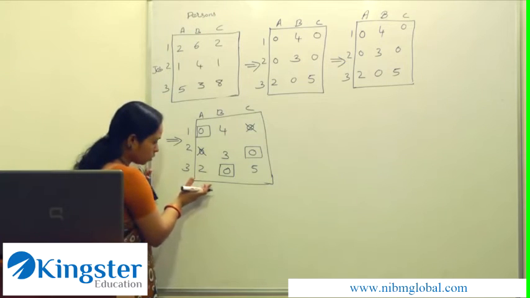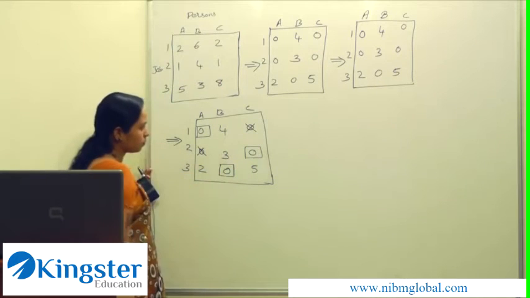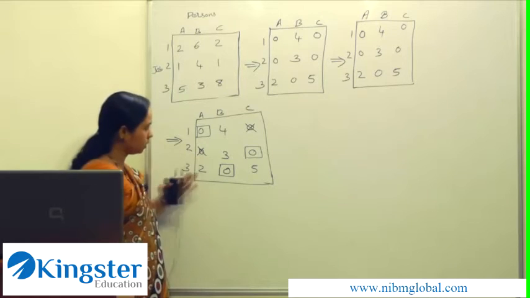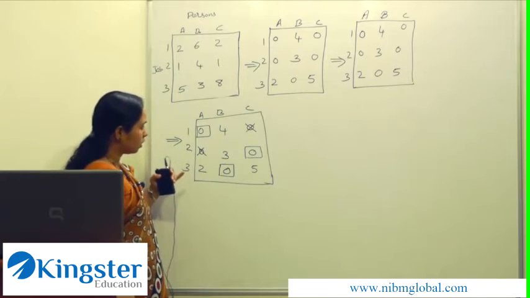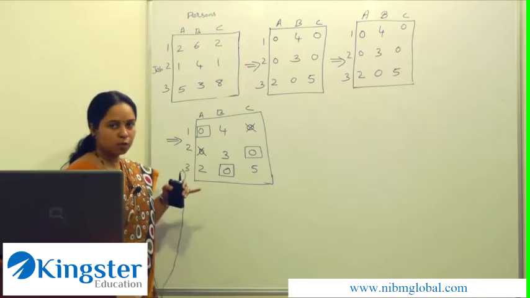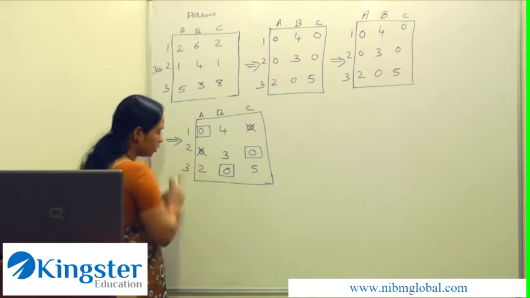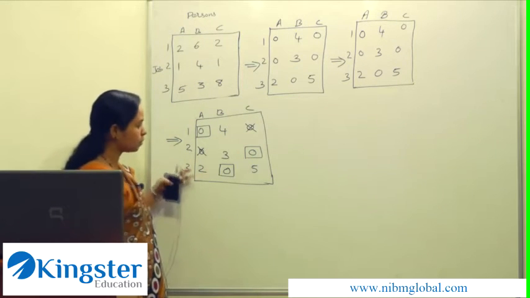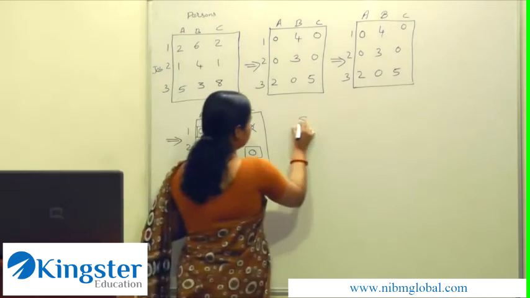Now move to the next row. We have no zeros left. Now consider the entire matrix for unmarked zeros. We have no zeros left in the given matrix. Now check the matrix for unique assignments in each row and each column. We have assignments in all rows, and in all columns also we have a single assignment. So maximum assignment has been made. Now we can write the assignment schedule.